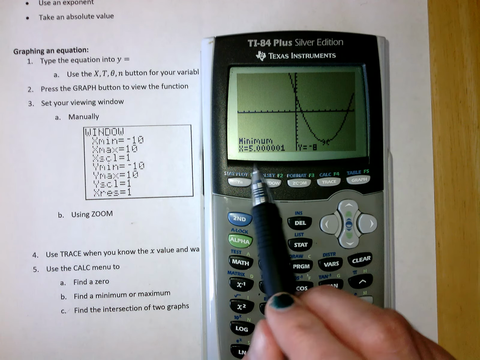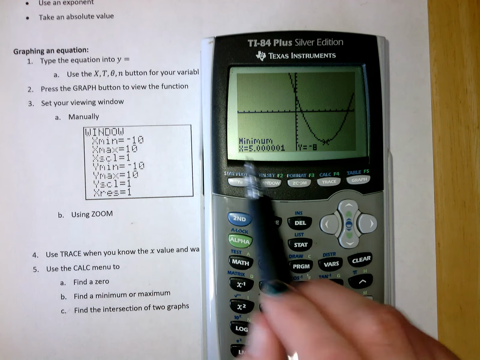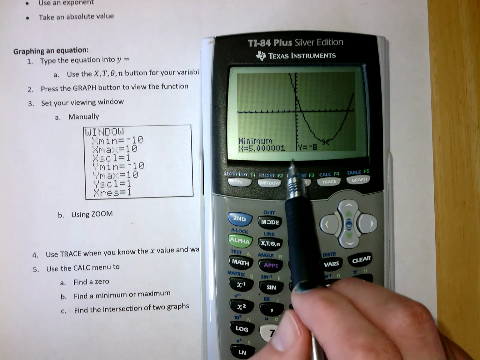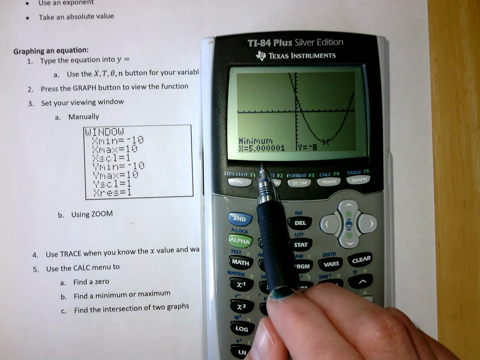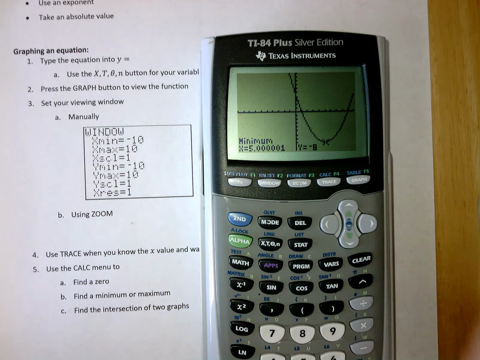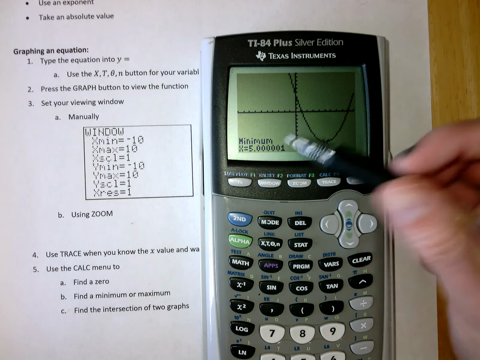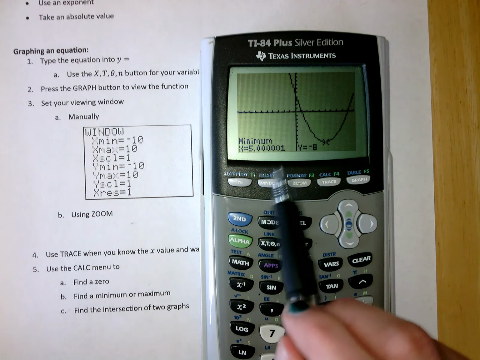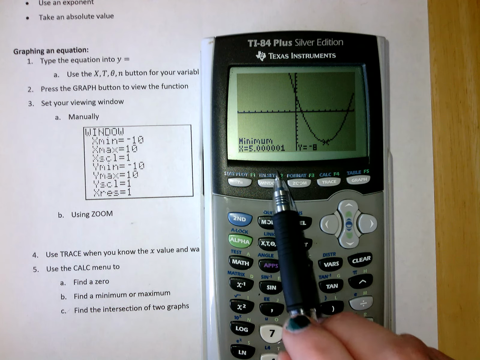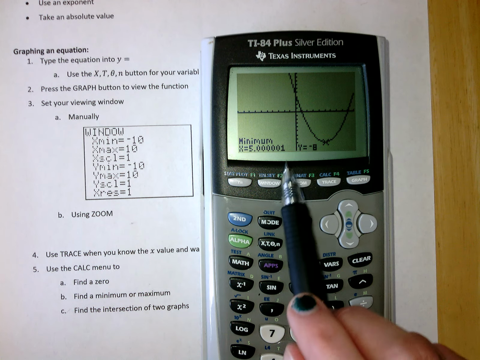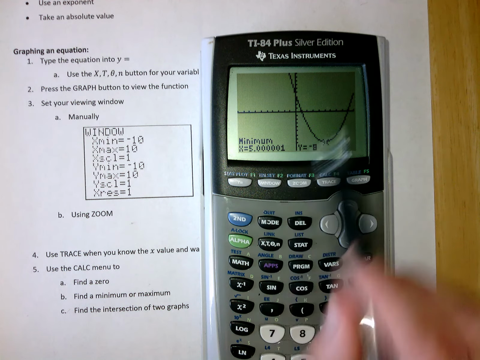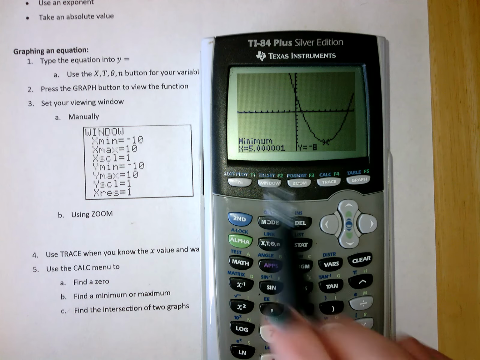Okay, now this is actually, I'm really glad this happened. You may have this number on your calculator, or you might just have the number 5. Remember how we said when we were looking at the window, how there's that XRes button, right? Where it's talking about the resolution of the screen. That's basically what's happening here. This is the number 5. It's just whole number 5. It's not 5 and a little tiny bit. It's just 5. But what's happening is that there's a pixelation issue on the screen, and you just get these